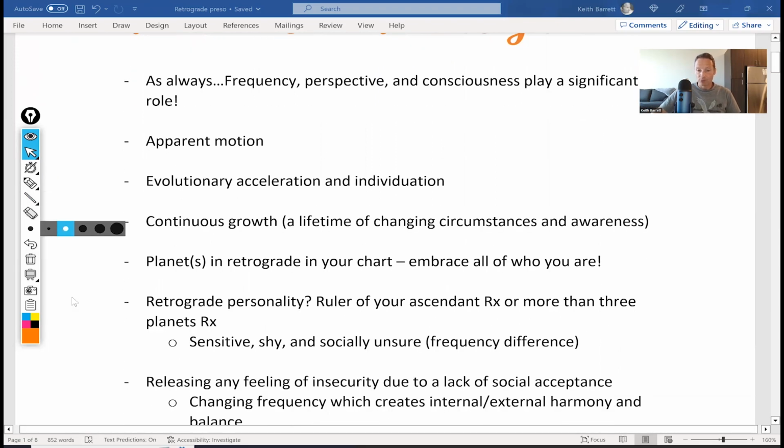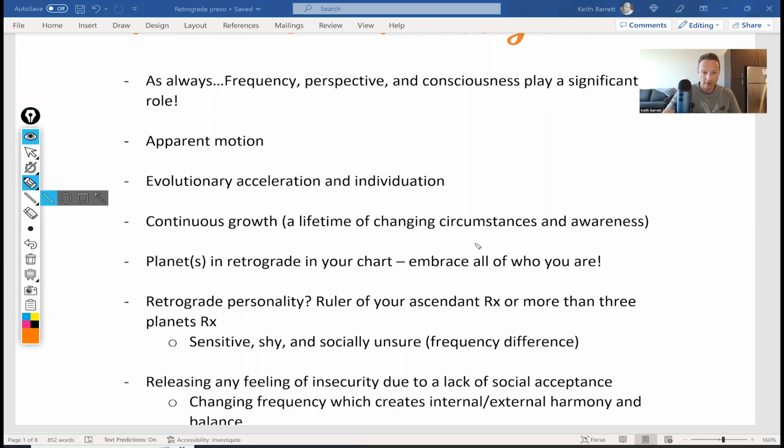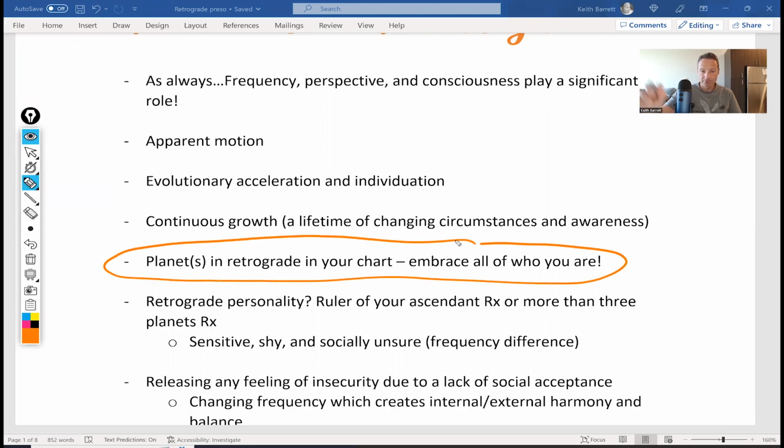And so embracing all of who you are is important, this piece here. So part of when I see a lot of retrogrades or you have a retrograde chart, and I'll get into what that means, is you carry an expression, or your soul is wanting to dig deep to uncover your own unique expression that is typically going to be different than consensus reality. So what do I mean from that? I mean that